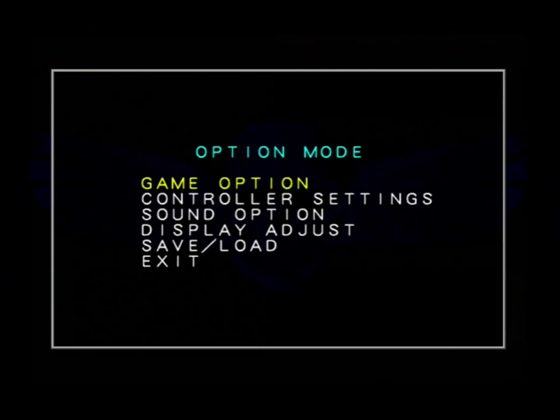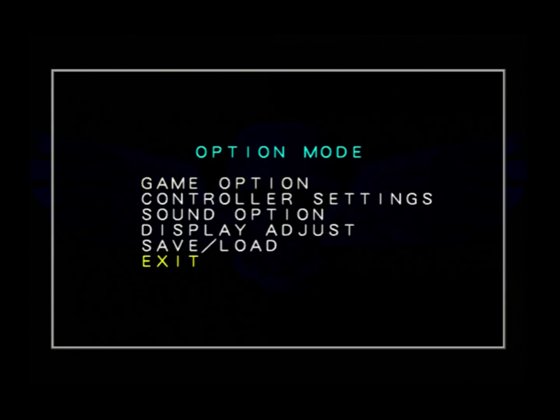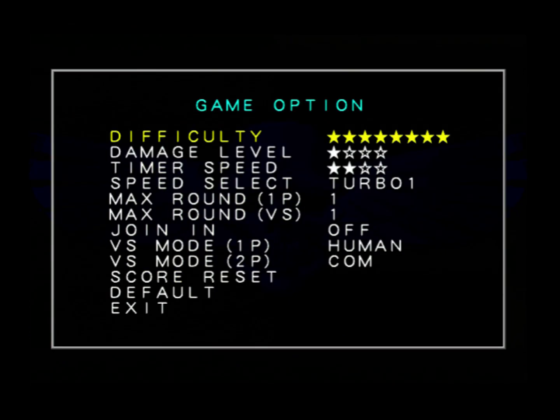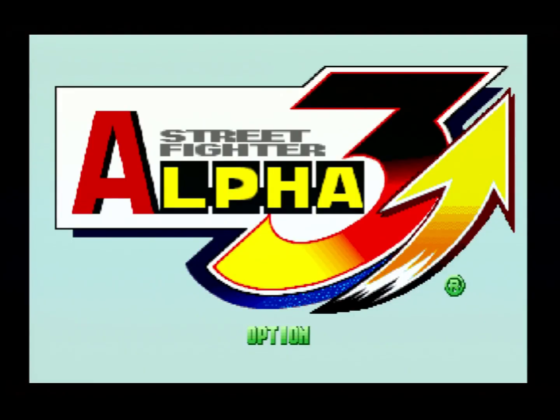So I've been thinking, maybe I should just be an old man and set it to a speed I'm happier with, like Turbo 1. It's not like I'm actually pretending I'm good at the game or anything anyway. I think it's just that and normal, right? And I was trying a little Turbo 1 the other night when I was setting my volume level, and